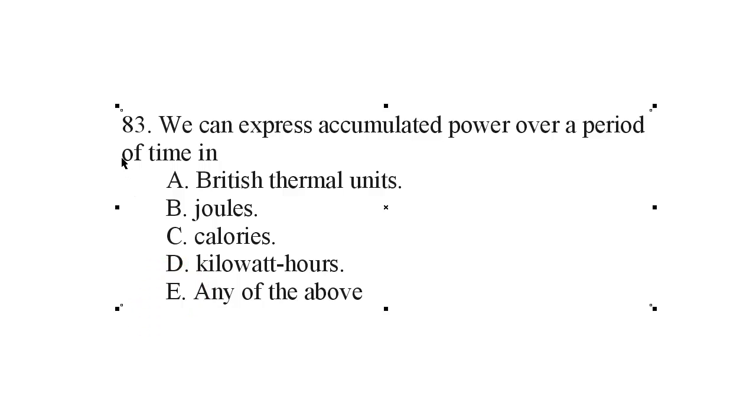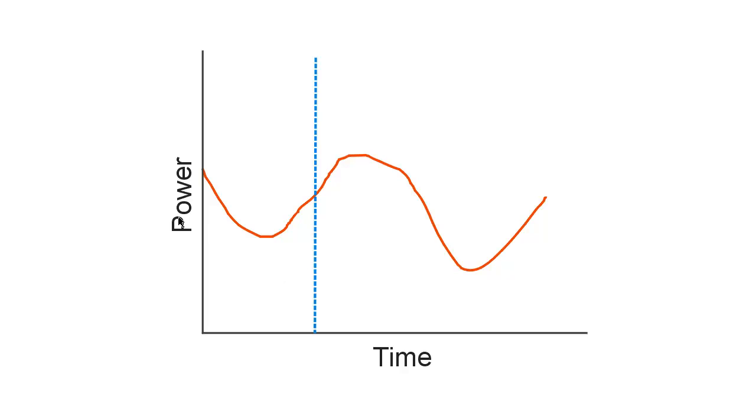Well, let's actually take a look now at a little graph I made of power going up and down on the vertical axis. That's power at any given instant in time, and then time moving out along the horizontal axis from left to right, as you would commonly find in a graph. And then we have this red line, which indicates the amount of power consumed at any given time. So, for example, at this point in time right here, well, oops,